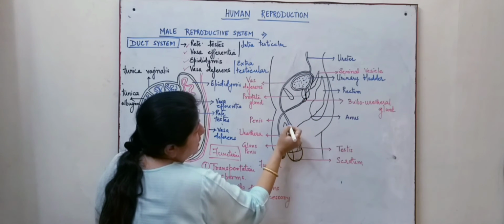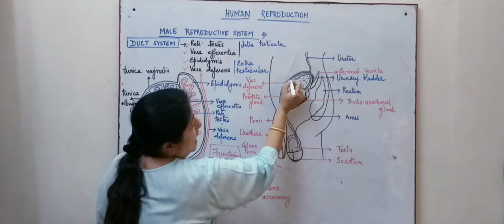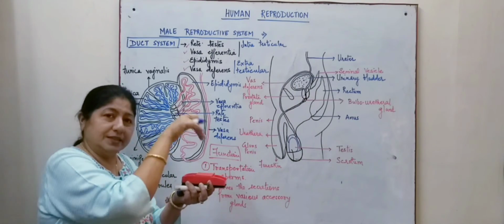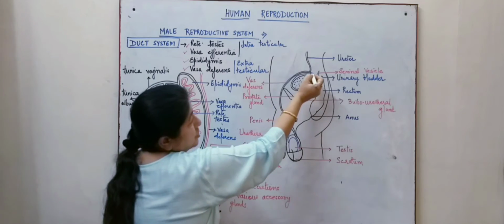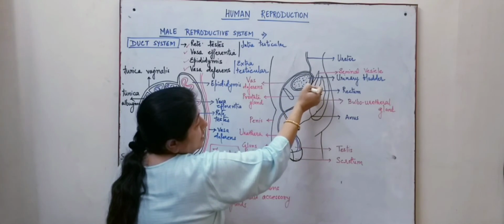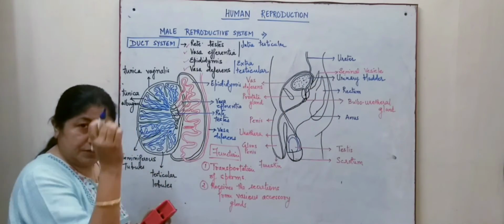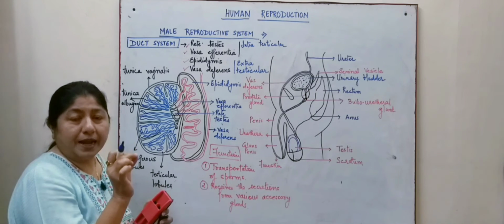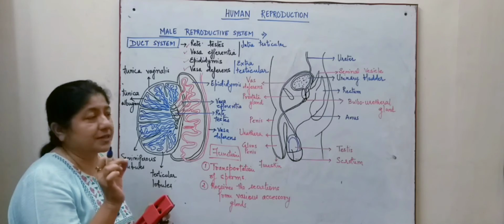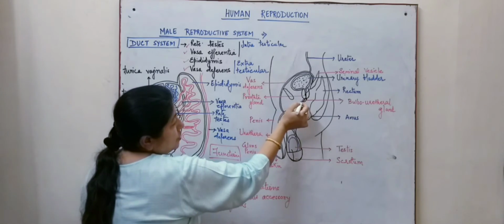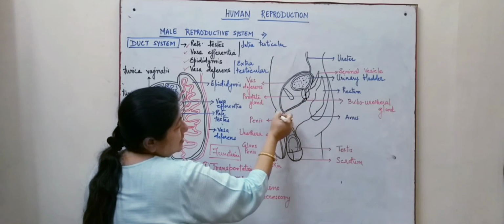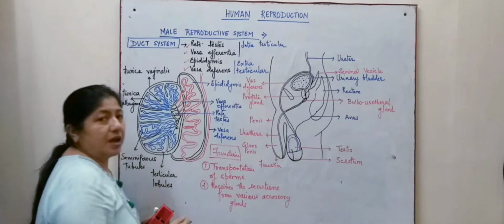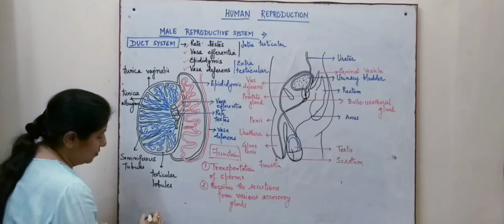From here it goes slightly straight and covers the urinary bladder like this, and after reaching over here it joins the tube, that is the opening of the urinary bladder, to form a common duct, and through the urethra it carries the sperms right through the penis to the outside by a structure which is known as